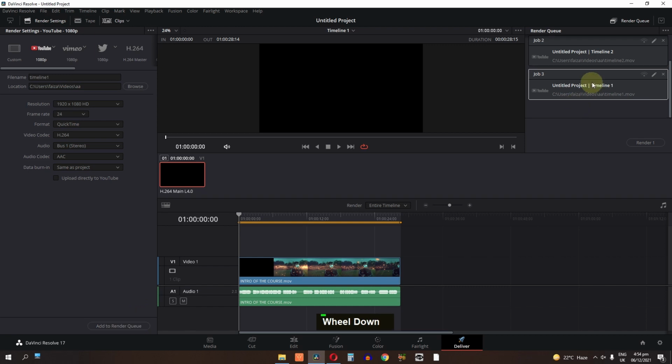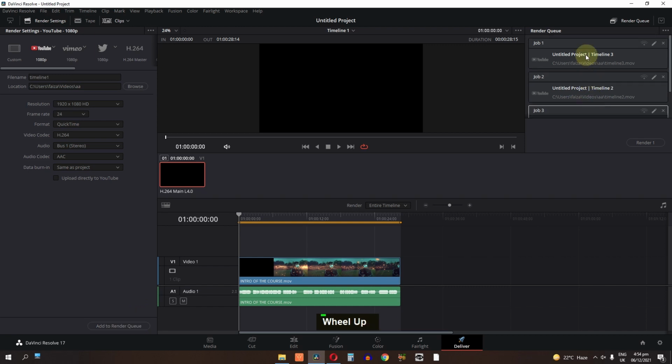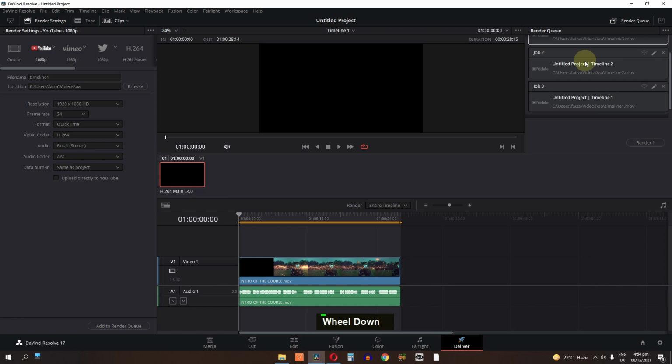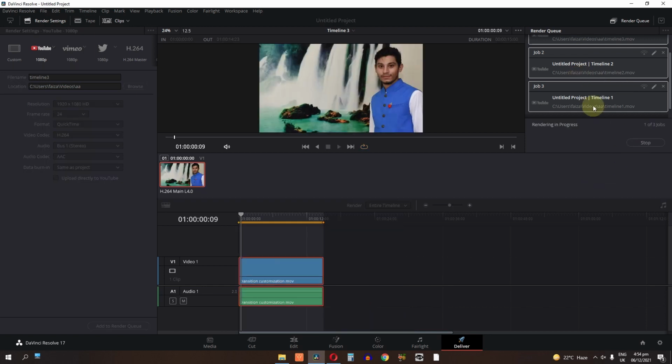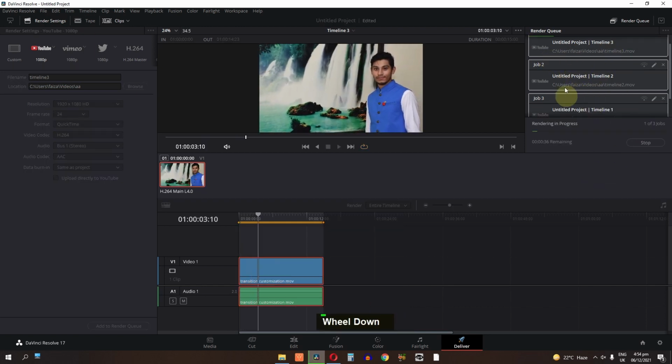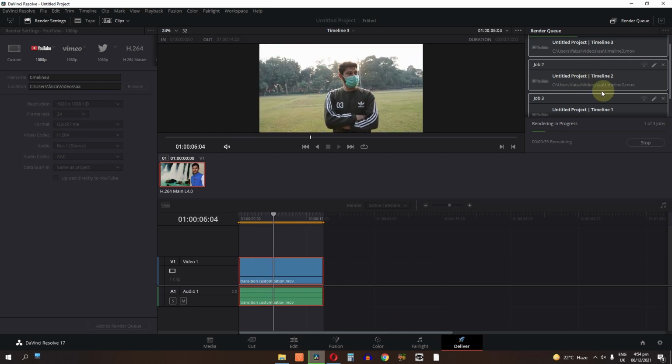Now select all these jobs, click the first job, and then press shift and click the last job, and it will select all the jobs. Now click on this render all button, and it will render all of these timeline one by one.